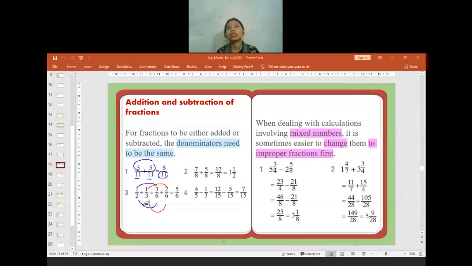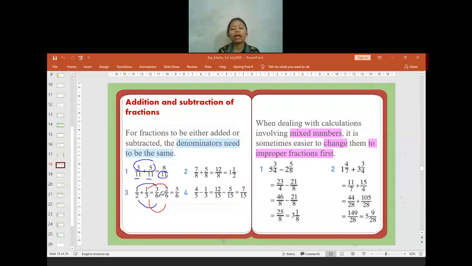If you get confused finding the LCM, you can just multiply 2 times 3, it will be equals to 6. But sometimes if I do like that, the number will be big. It will not always be in the simplest form. So for the final answer, later on you need to check is it already in the simplest form or not. Because if you solve the question by finding the LCM, mostly you don't have to simplify it anymore.